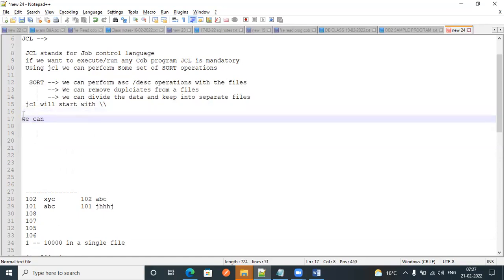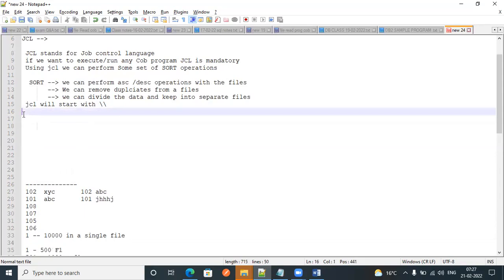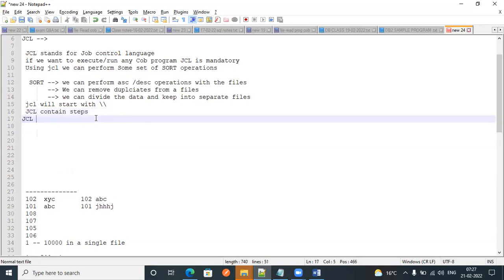JCL contains steps. We'll talk about what a step is and how the steps look. And in JCL we can execute a maximum of 255 steps.